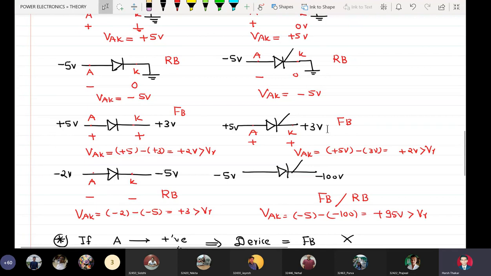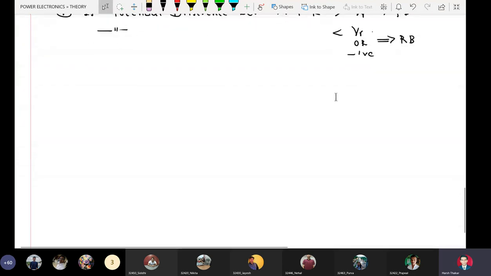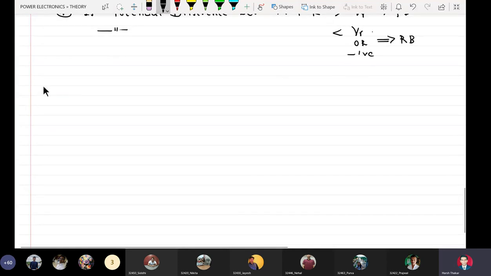So we see that it is not compulsory that just because the anode of SCR or diode is connected to negative potential, the diode must be reverse biased. Right. So anode being connected to positive does not ensure forward biasing. Similarly, anode connected to negative does not ensure reverse biasing. Okay, that is why we reframe our definitions here.